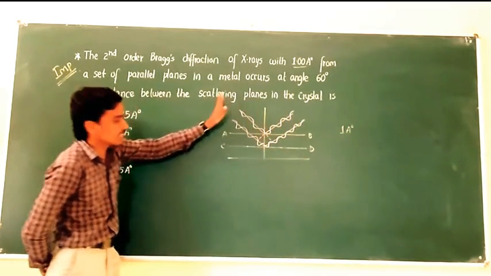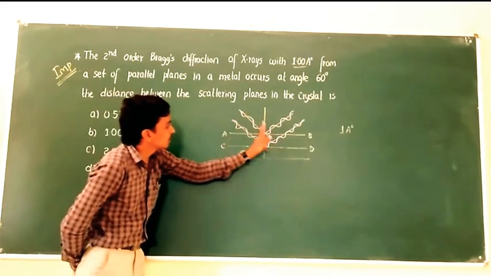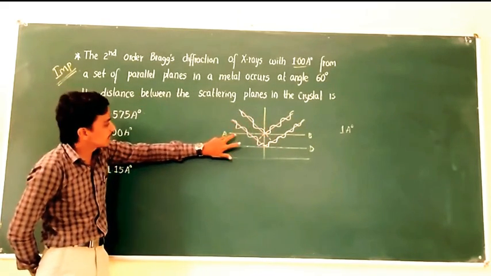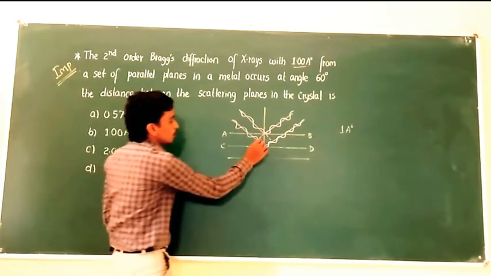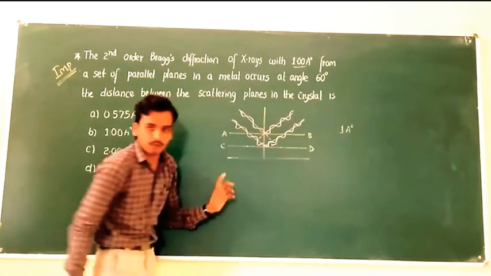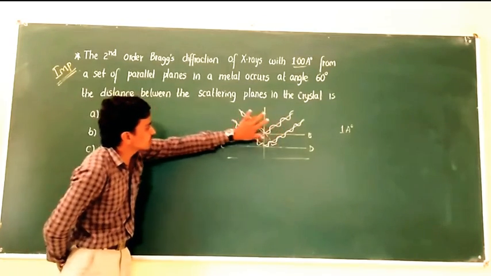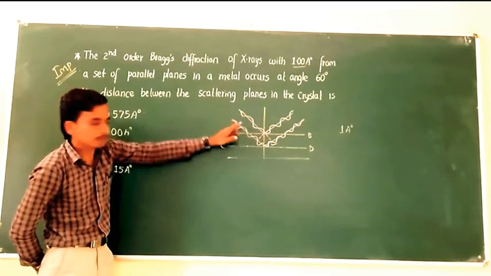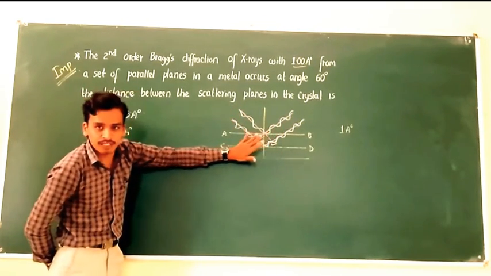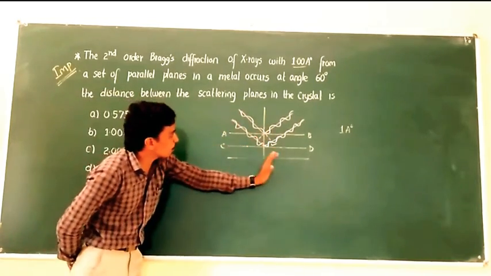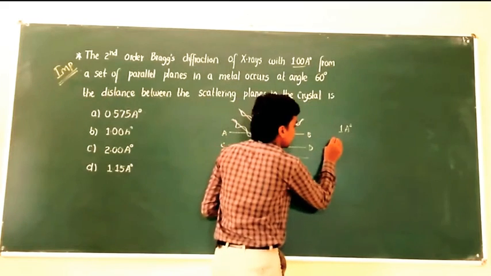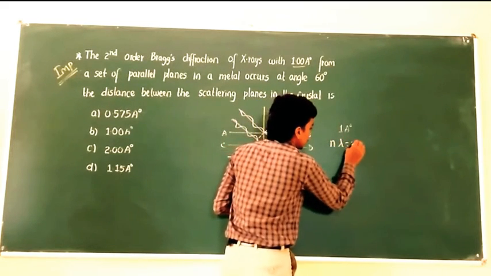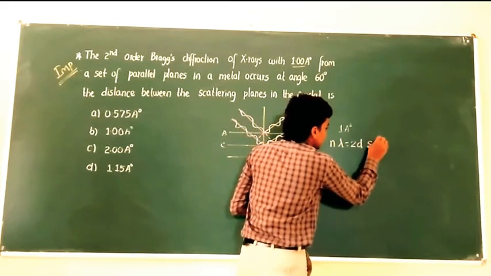And you already know the concept of diffraction. It is ray number 1 and ray number 2, and there is definitely a wave difference, that is exactly one full wave. It means from line 1 to line 2, there is exactly one wave difference, and it is the important point. You know this formula, that is n lambda is equal to 2d sin theta.